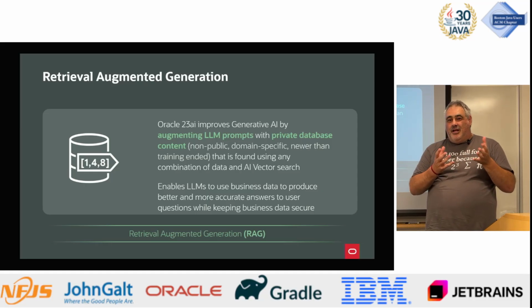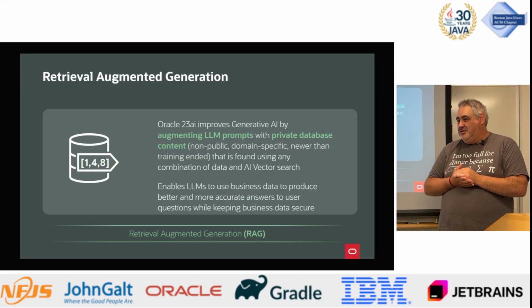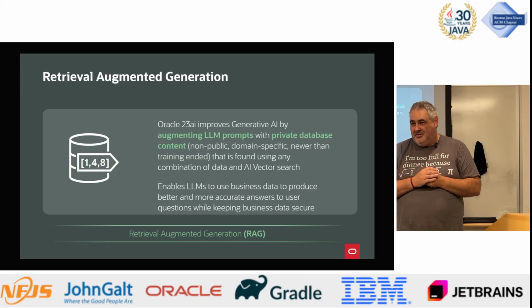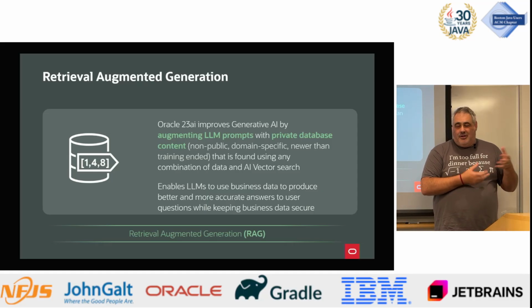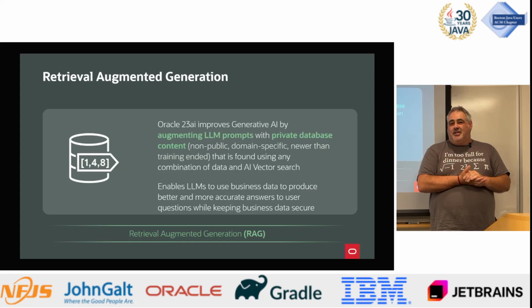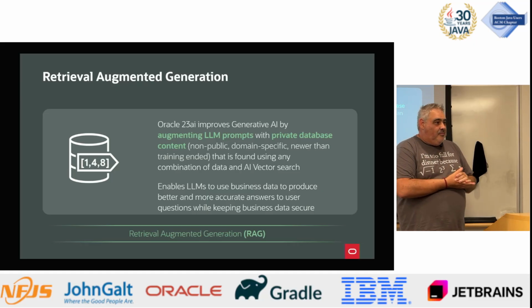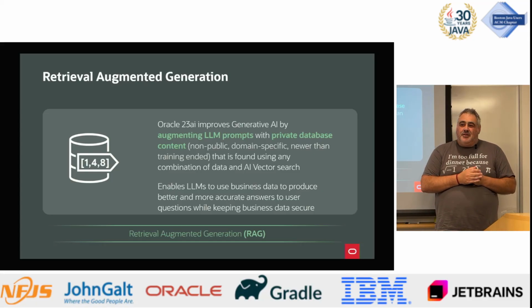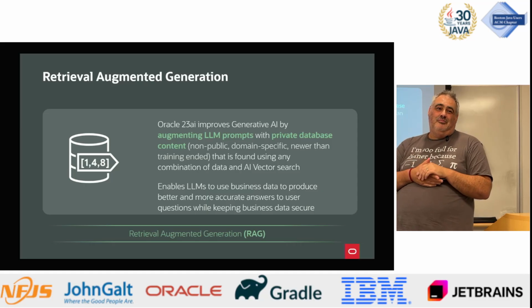Creating a vector embedding is relatively inexpensive. You can do thousands of them for about a cent with someone like ChatGPT, for example. Or you can run the embedding model on your own hardware, where you can control the costs. But it's relatively inexpensive. You can create thousands, millions of these vectors for a relatively small investment. And it's pretty fast. Doing a vector search is pretty fast, especially if you have an index. So it's all pretty quick and easy.